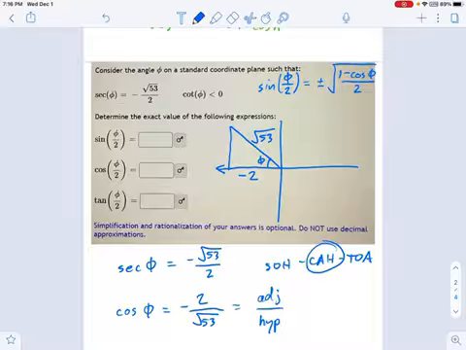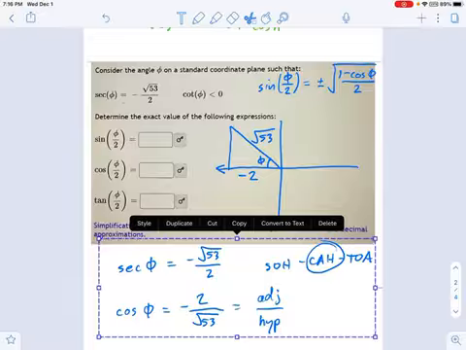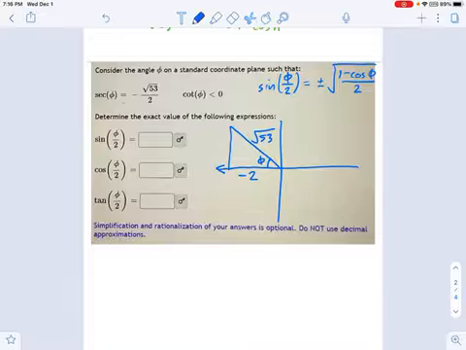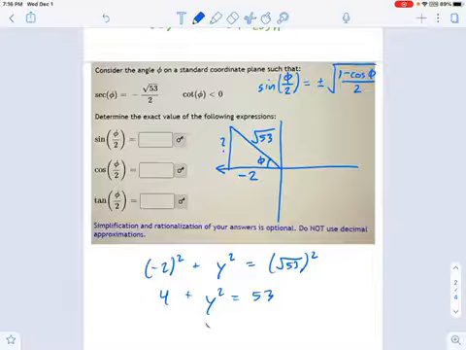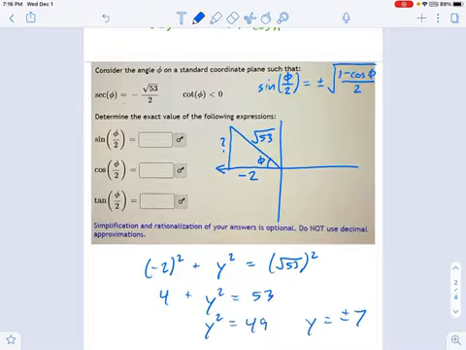All right, super. So now, what is the y-coordinate? Or what's the length of this other side of the triangle right here? I want to know that guy. And if we do a little Pythagorean theorem, I'm going to say negative 2 squared plus, well, I'll call it y squared equals the square root of 53 squared. Okay, that means 4 plus y squared equals 53. That means y squared equals 49. That means y equals plus or minus 7. It's up to you to decide whether it's plus or minus 7.